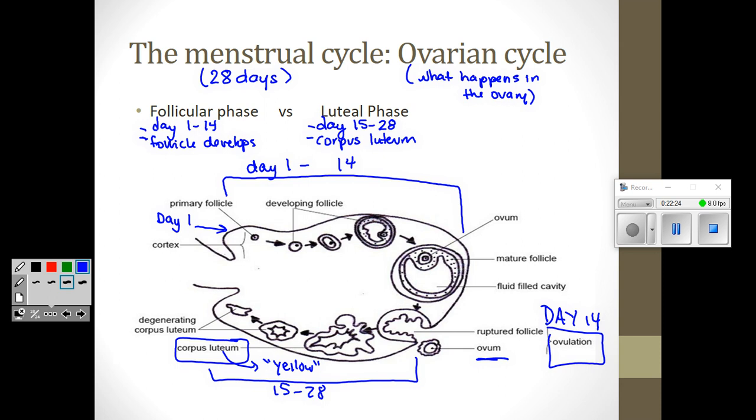Now, my picture went in a clockwise direction. You started at the top and went around. There is absolutely not a rule that that's how a picture has to look. It would not be impossible for a different diagram to appear where the structures were going in counterclockwise order, because we're just showing a time lapse here. Over time, if we were to look at an ovary, here are some things that we would see. Remember that there are ovaries on both sides, so here I'm looking as if I'm looking at the one that's on the left side, but if I flipped it over, it would be happening on the right. So please don't assume that the position of everything has to stay where it is.